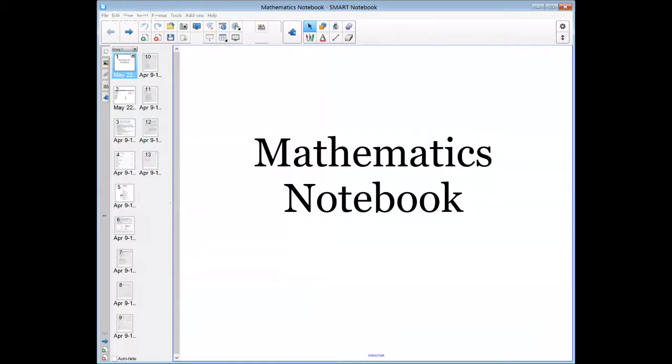Mathematics notebook needs explanation. What do I need to do for the mathematics notebook and how can it very positively affect your grade? That's what this is about. To make note of,